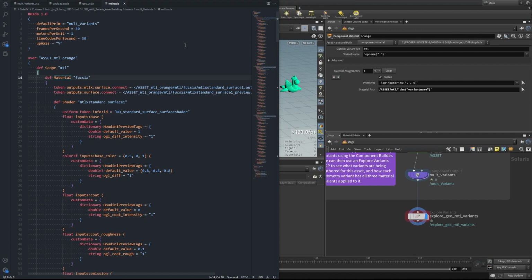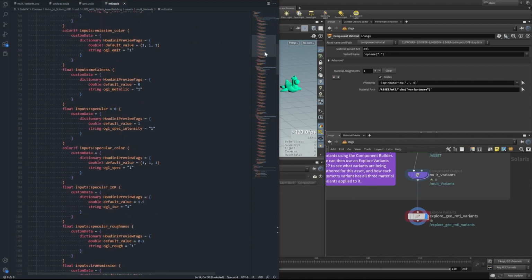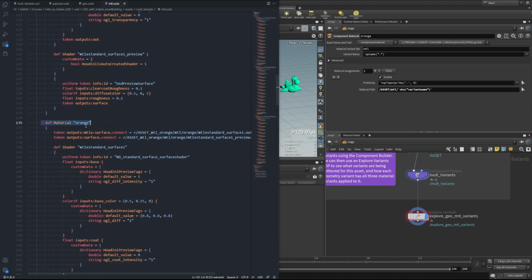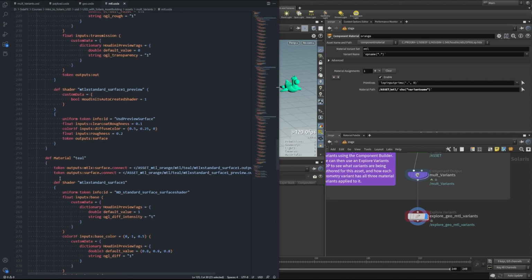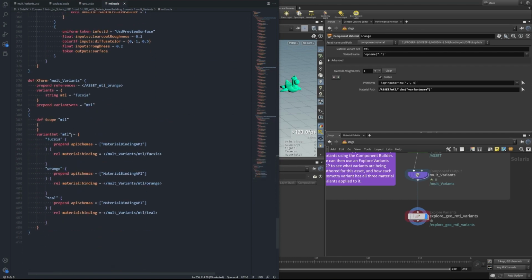So finally, here's our material file, and we're going to set up the different materials that we're creating here. So first we're going to define the material fuchsia. So we made a scope and a material fuchsia. Then we're going to come down here, set up the material orange, and then come down here and define the material teal. And then at the very bottom here, we're creating our variant set called material. We're defining the scope material, the variant set material here, and we have each of our different